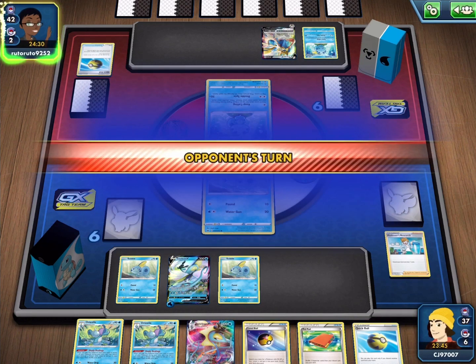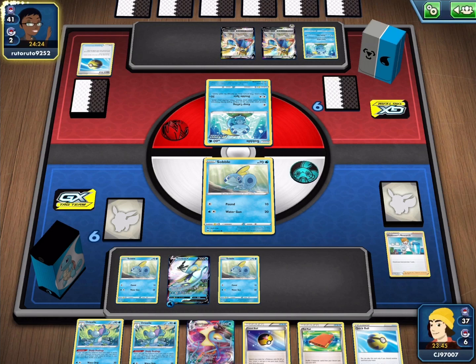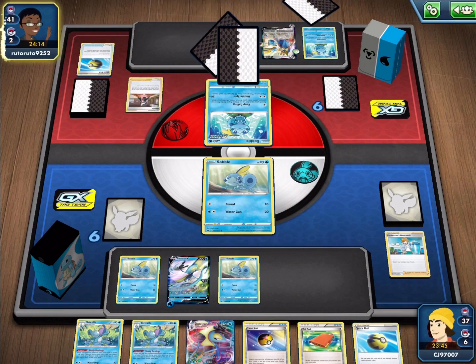Seems fine, as we do have the Level Ball, so we could actually get out all three Drizzile on this following turn if we need to. My opponent plays down another Zacian here. They are playing the Cape of Toughness, so that is certainly something to consider, playing something like a Tool Scrapper